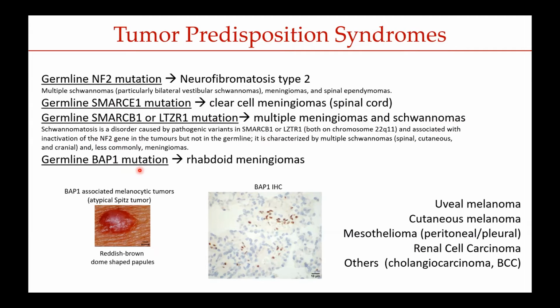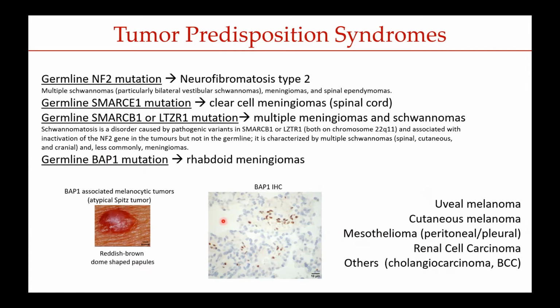Germline BAP1 mutations are important because when one finds a rhabdoid meningioma, if it indeed has loss of BAP1, that could either arise by somatic mutations or by a germline mutation followed by a somatic second hit. These patients tend to have other BAP1-related tumors. So the families can have uveal melanoma, cutaneous melanoma, mesothelioma, renal cell carcinoma, cholangiocarcinoma, and have very classic atypical Spitz